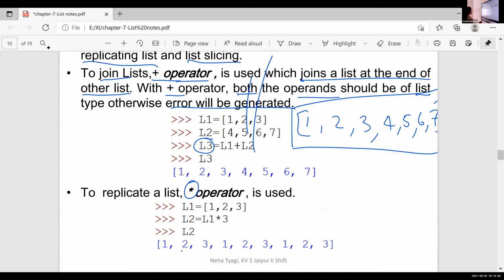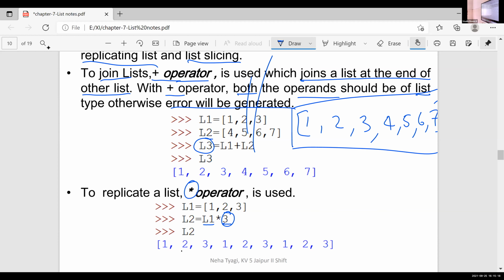L2 is equal to L1 into 3. In the case of the star operator, we are using two operands: one is a list and one is an integer. The first operand is a list, the second operand is one integer.